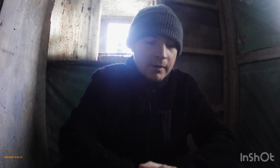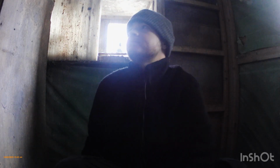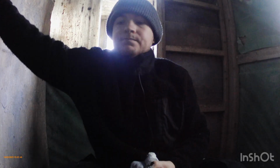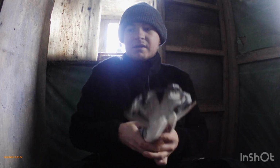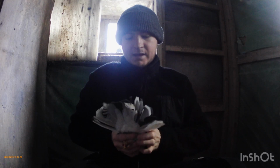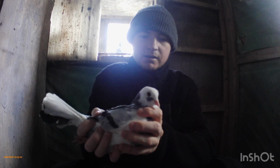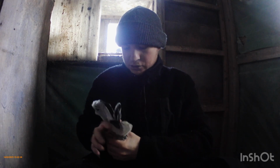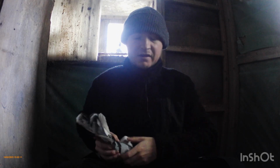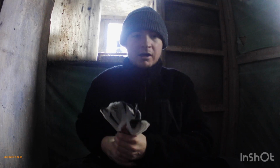But there is one bird that I do need to find a hen for, and he's right here. It's the blue-pied crossbreed. If I just put my phone by a minute, because the camera's connected. So this chap right here is the blue-pied crossbreed. Nice cockbird. So been looking for a fantail hen for him with dove hen. No luck, but